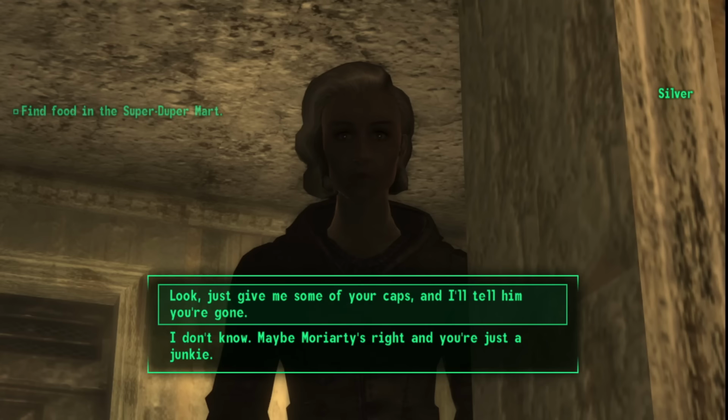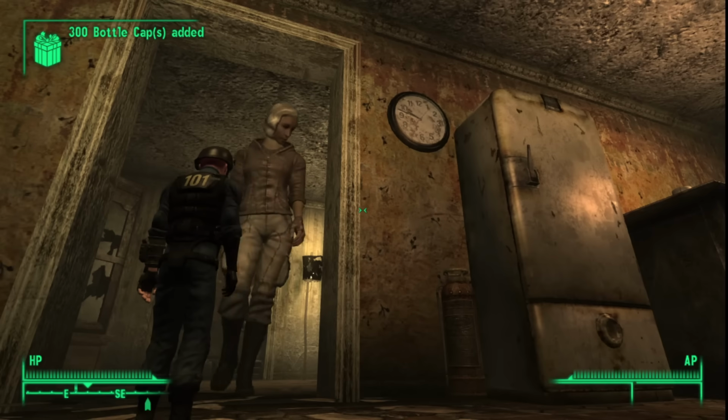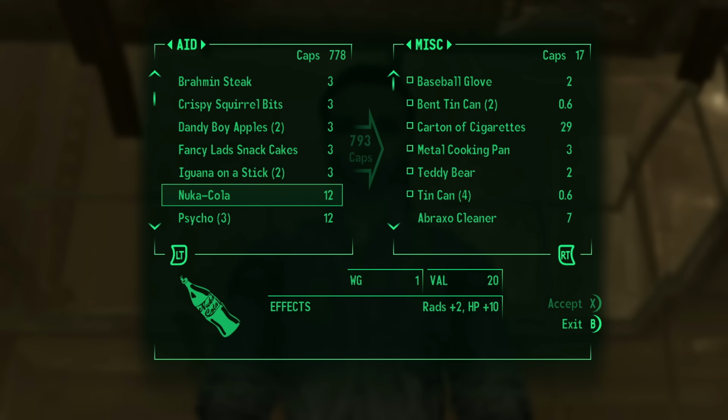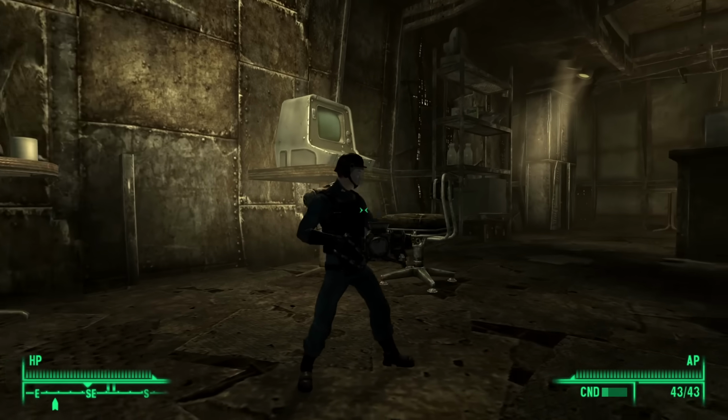I also go to Silver's house and get the 300 caps off of her that she wants me to give to Moriarty, which I obviously won't do. When I head back to Moira, I have just enough to be able to afford the schematics and the parts necessary to build it. It takes me about 5 minutes to actually equip the thing, but at least I'm finally